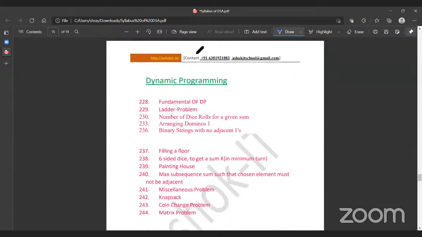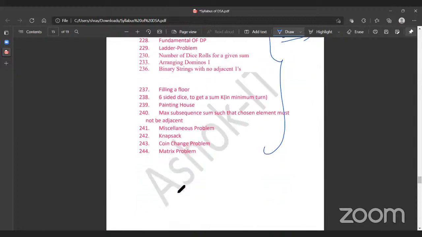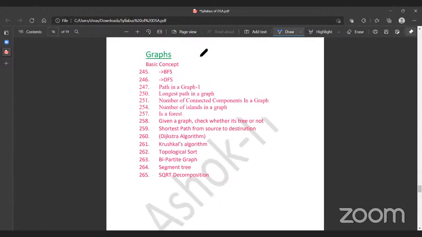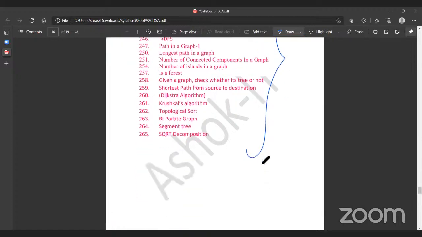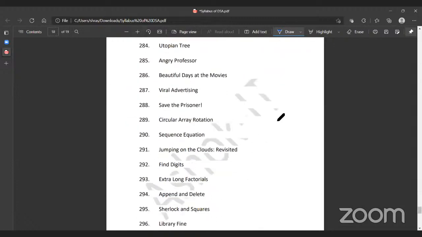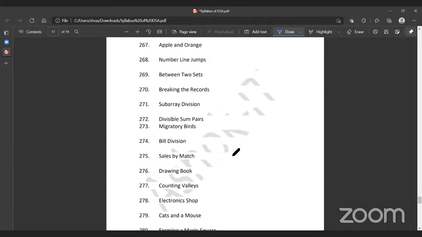DP is a very famous thing these days, and companies are actually asking DP. So it's again a point of focus where you need to work because it is an important topic. At last, graph. Again, DP is important, and so is graph, so you need to focus on this topic as well. And these are the add-on questions which we are going to give you to solve, and it covers mostly all the topics that we have seen so far in the syllabus. Is it clear, guys?